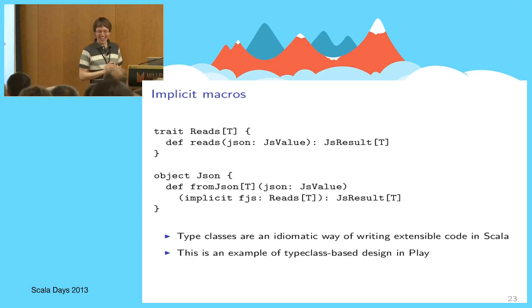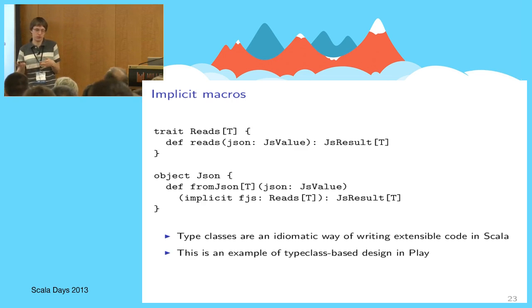And this type class thing works as follows. Say we have a generic function like deserialization here, and that works differently depending on the type argument that parameterizes it. One of the ways to model that would be to externalize this variant part, this logic of deserialization, this strategy of deserialization, into a type class. So here we have reads, okay? And then we introduce an additional parameter to the deserialization function.